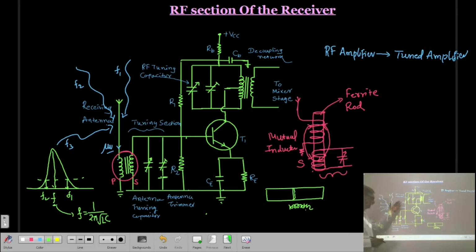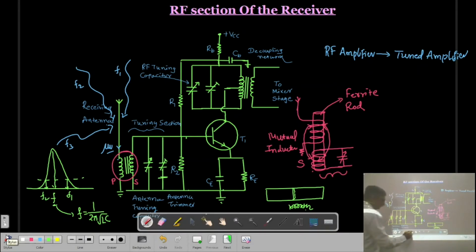Okay. Then the resistances R1 R2, already mentioned, are used for proper biasing of the transistor. Now this amplifier is a tuned amplifier. So the load is not resistive. Instead of that, again a tank circuit is connected at the collector. So remember, this tank circuit is your load. Whatever the tank circuit is there, it is working as a load for your RF amplifier.